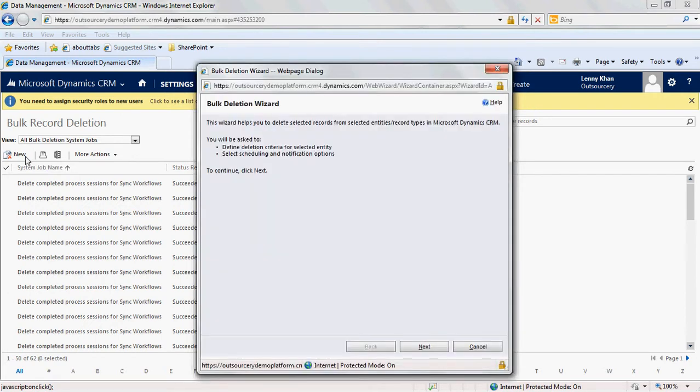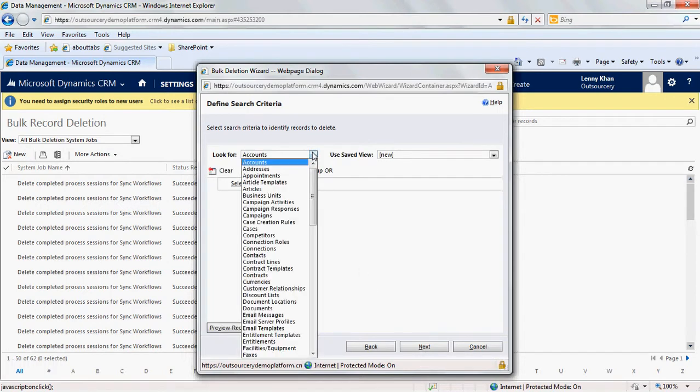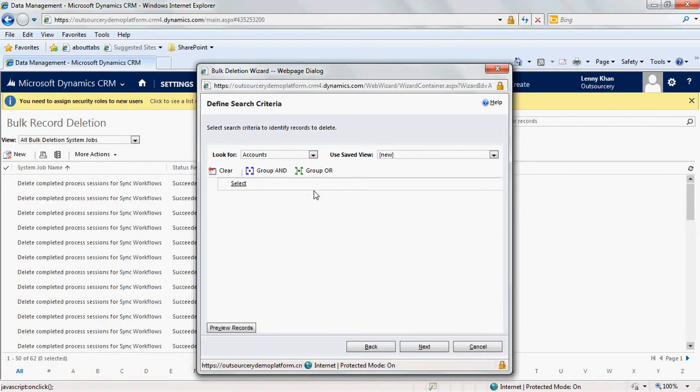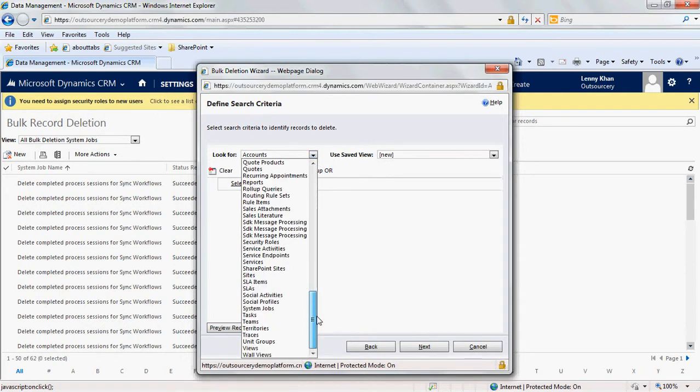The great thing about the deletion job is it actually runs a wizard to help you set up and schedule the deletion. So first thing I'm going to do is click on next. Now, if I click on the drop down, you can select any entity which you want to delete, and you have something that looks very similar to Advanced Find, where it allows you to add your filter or criteria by which the records will be deleted. But what I want to do is delete my system jobs. So I'm going to select system jobs,